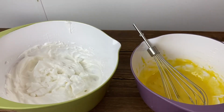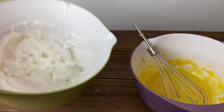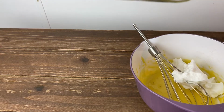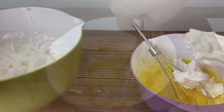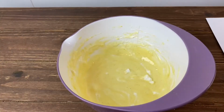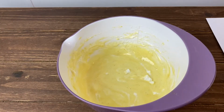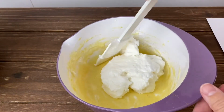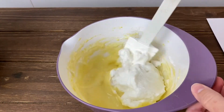While your pan is heating up, take about 1/3 of the egg whites and add them to the egg yolk mixture. And whisk that in. Next, add 1/2 of the remaining egg whites to the egg yolk mixture and gently fold it in without breaking